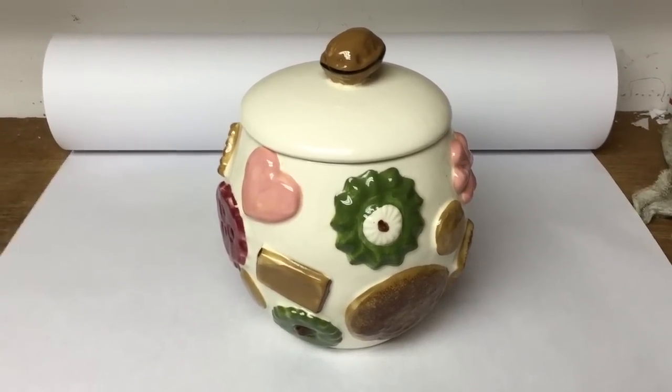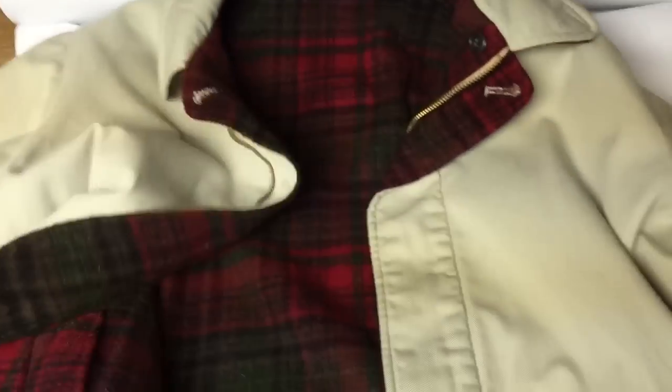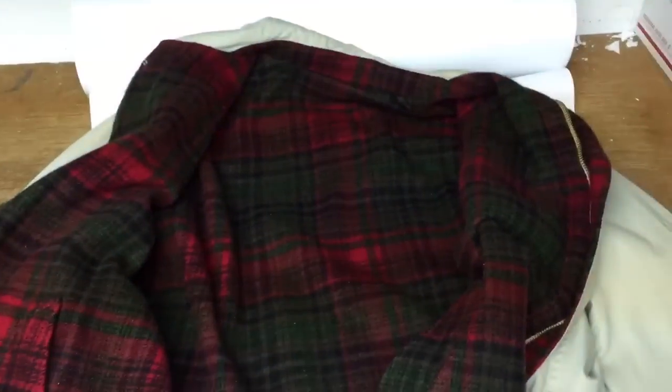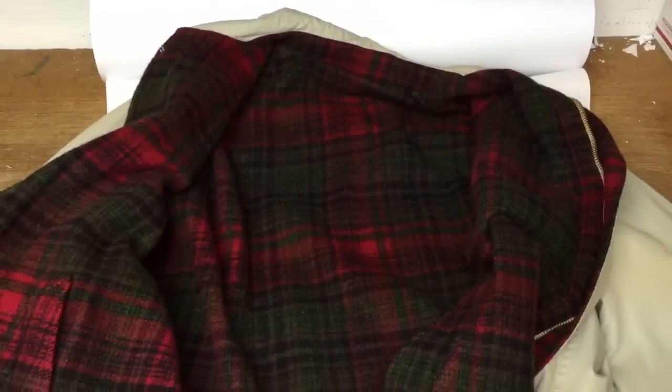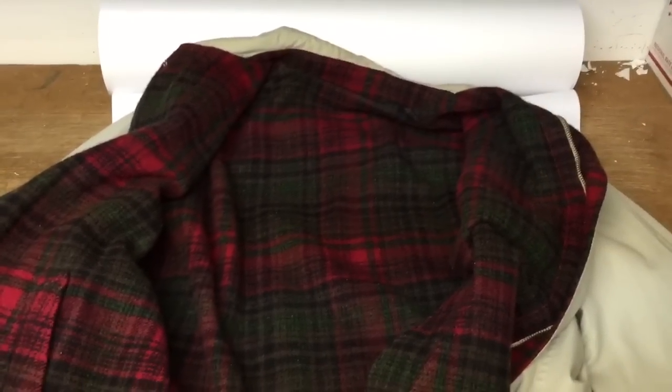This is a chore coat. It's reversible. I picked it up at a garage sale. Can't believe it was just $4. Maybe nobody knew what it was because you have to look inside the pocket. It's a nice Pendleton. Very nice wool lining, or actually it's reversible, so you can wear it either side. And I figured this would be a good seller, although it did take until the cool weather starting to come in. But it sold for